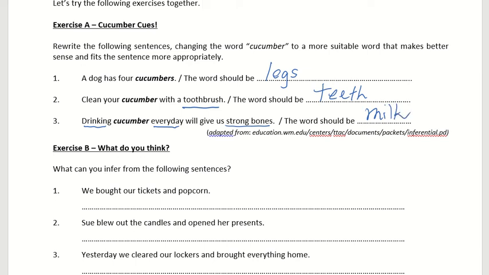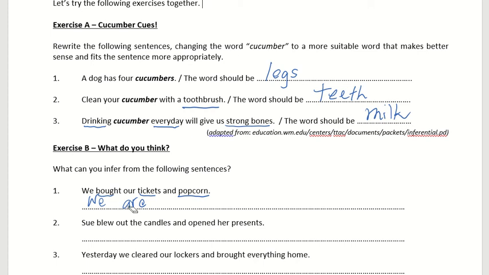Okay, so you managed to get all these answers because of the clues in the sentence itself. Okay, so these are educated guesses. Let's try Exercise B. What can you infer from the following sentences? We bought our tickets and popcorn. So where do you think we are at? So we need a place where you buy tickets, some place that has popcorn. That means we were,